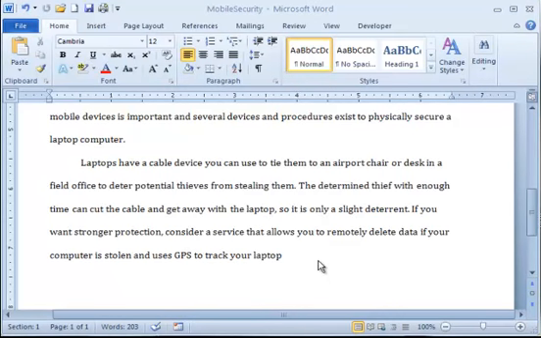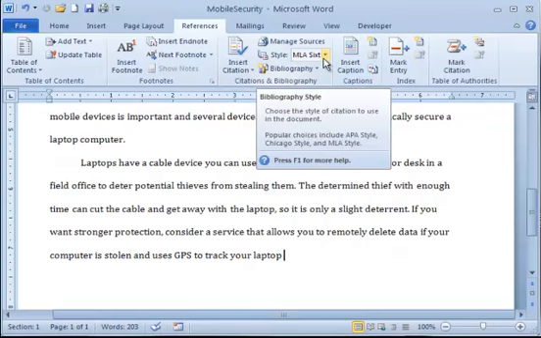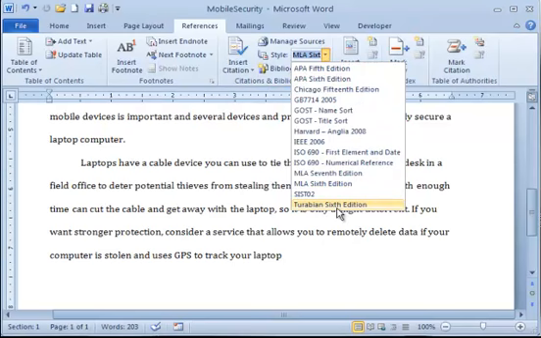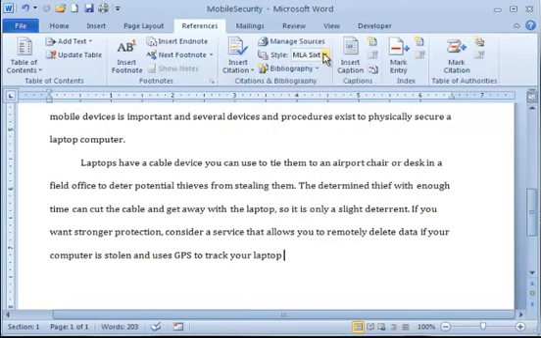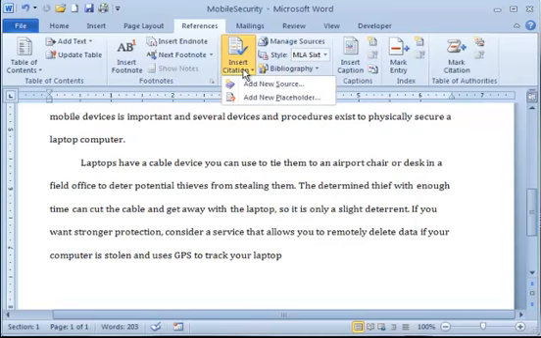Okay, so after typing in the paragraph, we're to the point where we want to give credit to this source, and so to provide an in-text citation, we're going to go back up to the Reference tab, and in the Citations and Bibliography area, we're going to make sure, first of all, that the style is set at MLA 6th, which it is, but if for some reason it wasn't selected as such, we could go through and make those changes. Okay, so we do want an MLA 6th edition. And then we'll insert our citation, and we want to add a new source,